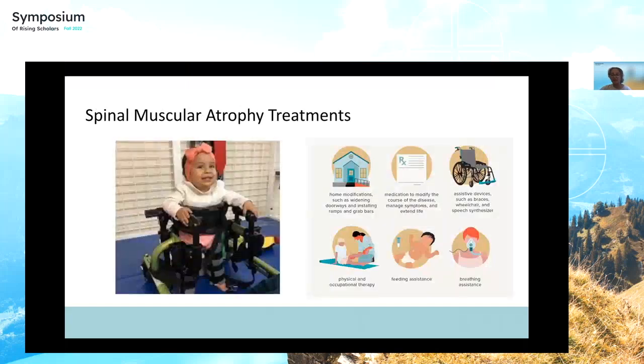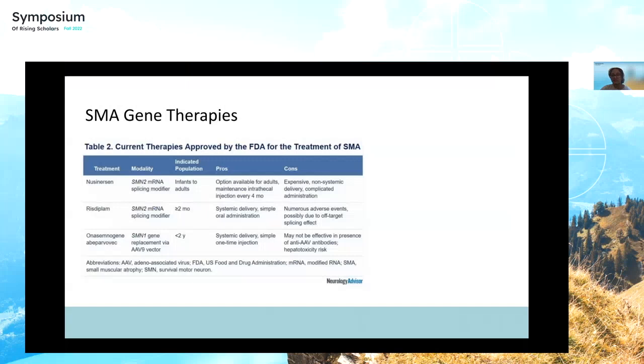However, there's been a lot of discussion for potential treatments of spinal muscular atrophy. Most patients are treated by symptom management, including therapies and rehabilitation to prevent muscle weakness and death. However, gene therapy has been heavily researched as a potential cure for spinal muscular atrophy. The first option is a drug called Spinraza, which is a drug used to treat SMA patients by the increased production of the SMN protein, which is important, as I mentioned before, to the growth and maintenance of motor neurons. It works by rebinding exon 7 to SMN2 and making the protein produced by the SMN2 function similar to the